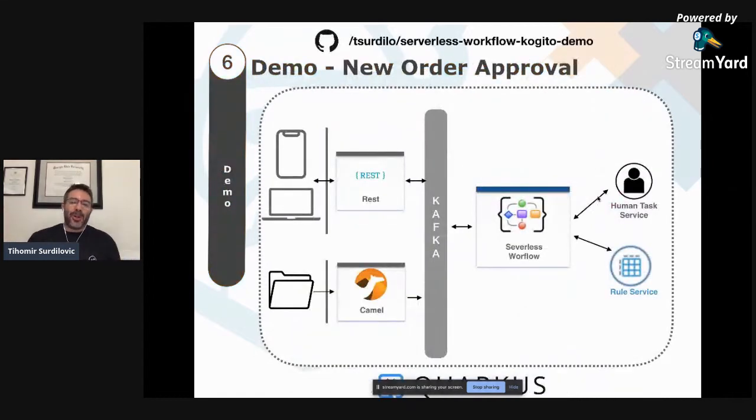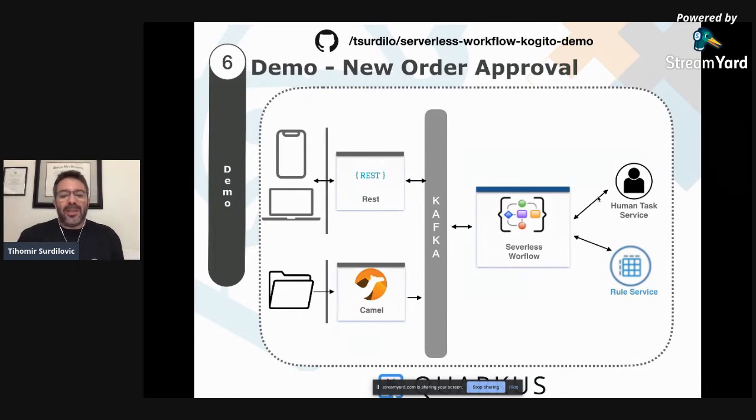All right, so we're already at the demo part. This is going a lot shorter than I expected, which is good, I think, for everybody. Now I want to show you guys a demo. This is a fairly small demo. It's basically just approving an order. But the overall architecture of the demo shows a lot of different parts of Kogito and also the overall orchestration part that we're going to do.